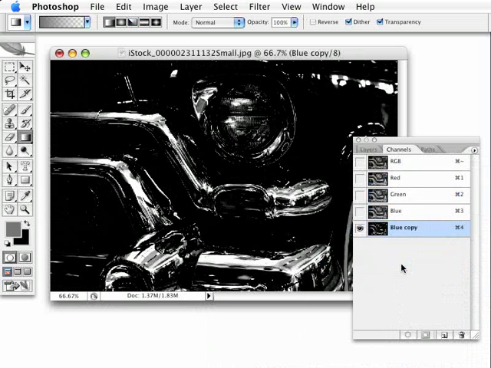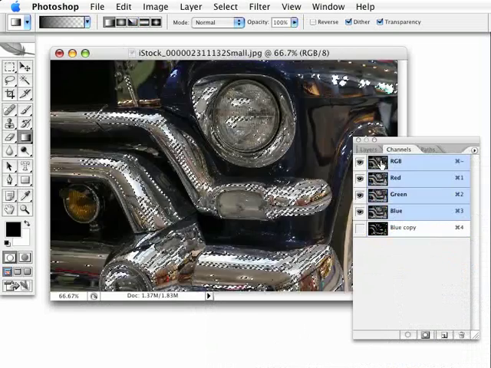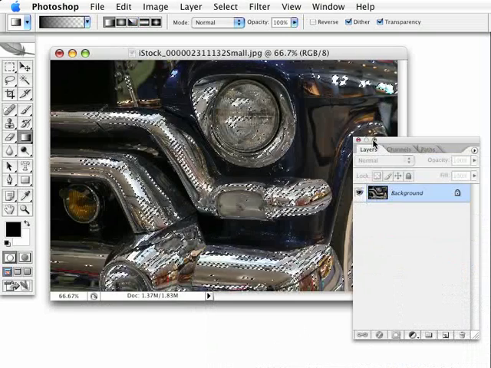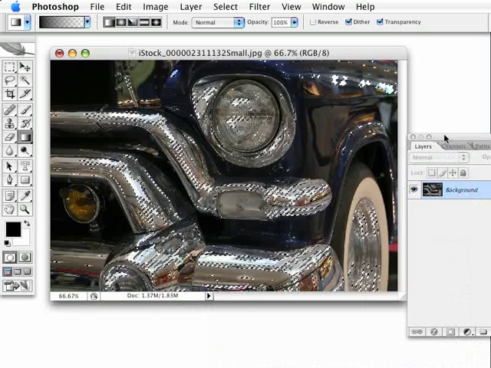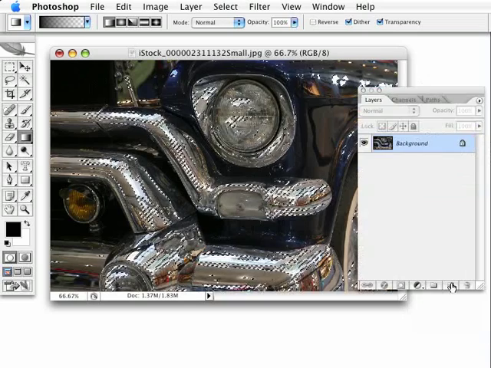Now, because all these highlighted areas are white on my alpha channel, all I have to do to generate a selection from that is just hold down my Command or Control key and simply click on that channel icon, just like that. Now I'm going to go ahead and reactivate my main channels and go back to my layers palette here, and there's my active selection I just made. So now all I need to do is go over here and create a new layer,